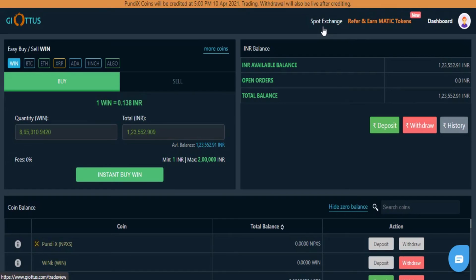And GeoTus is one of the best Indian exchanges, the cheapest Indian exchange and the fastest service provider in India without a single issue, unlike all the other exchanges in India that have many deposit and withdraw issues. So this is one of the best exchanges. I would love to prefer each and every Indian crypto community member to start using GeoTus, the best exchange, the cheapest exchange and the fastest exchange in India, with the most preferable currency at the cheapest price that you can trade in your own country with your own currency.